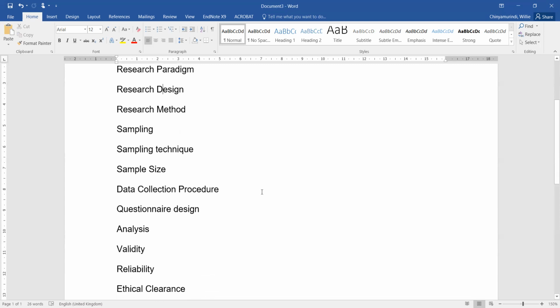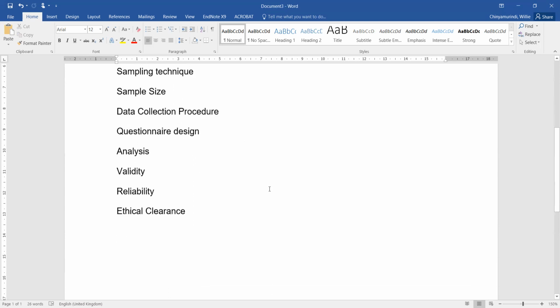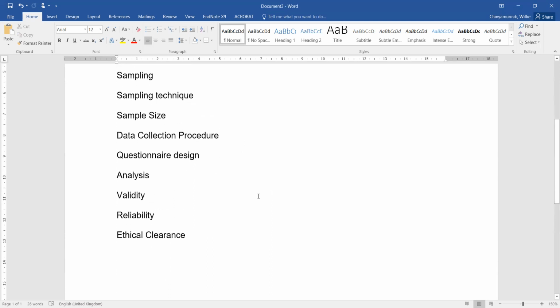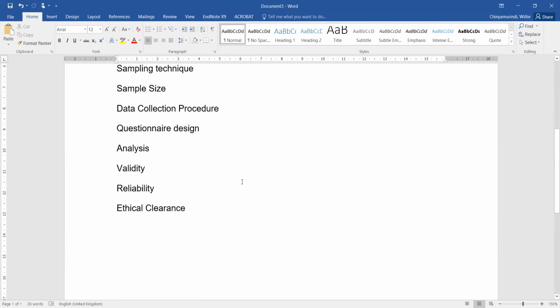So there is a document that will come later on today, in addition to this document, which will show you these procedures. Questionnaire design. In fact, I think let's not call it questionnaire design. Let's just call it the instrument.